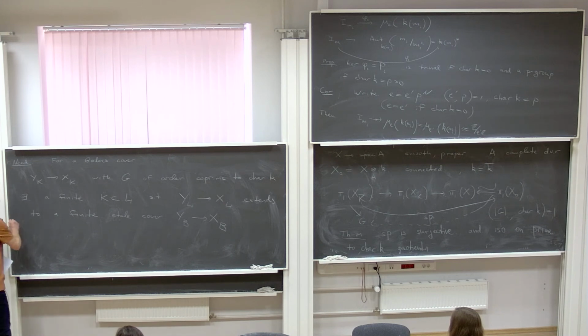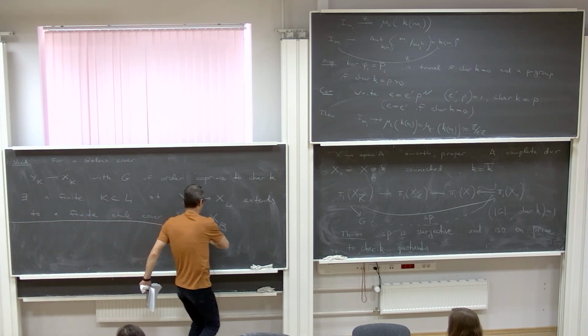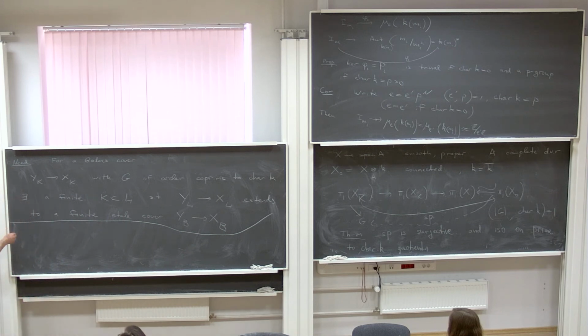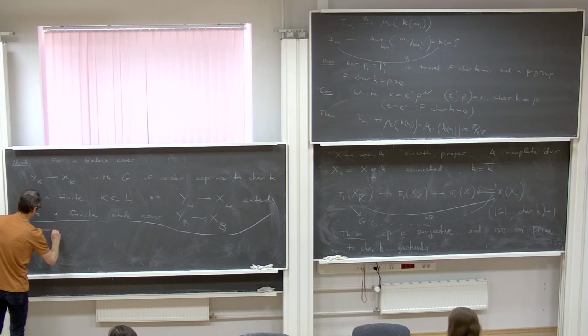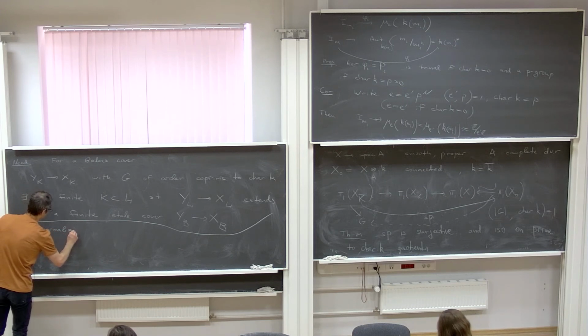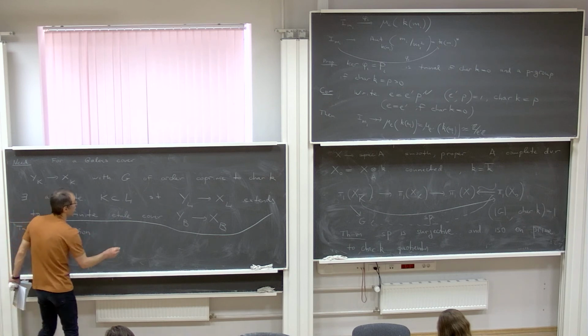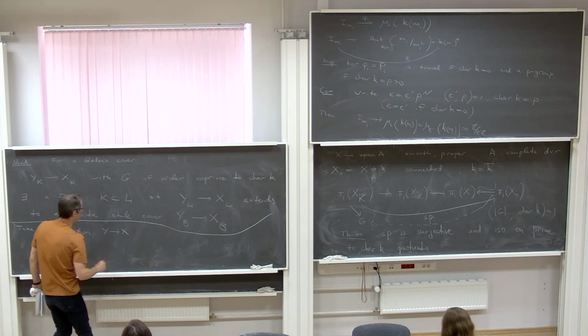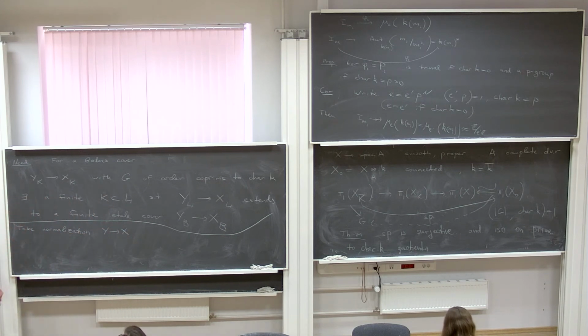So I have 1 minute, so I will explain our strategy. Then there will be some computations. We'll complete it next Wednesday. So the strategy will be the following. We take the normalization of this guy, Y over X. So if this is étale, we win. If it's not étale,